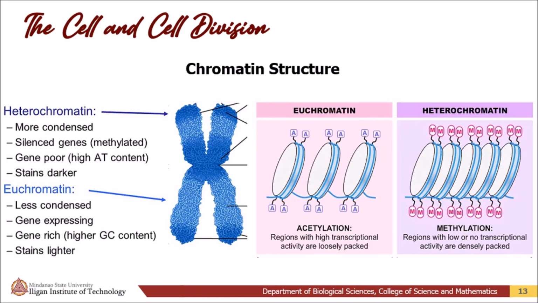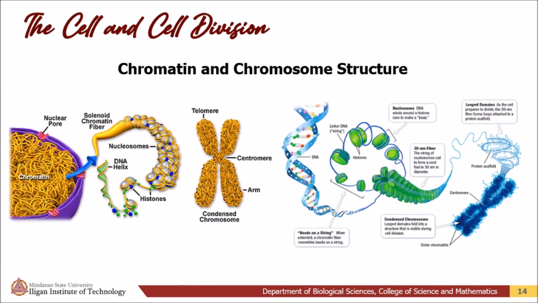Before we move on to the next stage, let us first scrutinize the chromosome structure. Chromatin is a complex of macromolecules composed of DNA, RNA, and protein, which is found inside the nucleus of eukaryotic cells. Chromatin exists in two forms: heterochromatin or condensed, and euchromatin or extended. The primary protein components of chromatin are histones that help to organize DNA into bead-like structures called nucleosomes by providing a base on which the DNA can be wrapped around.